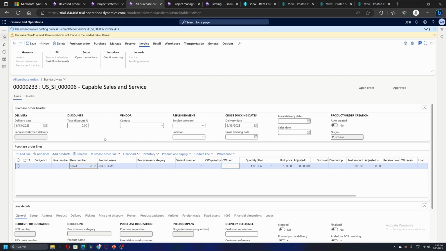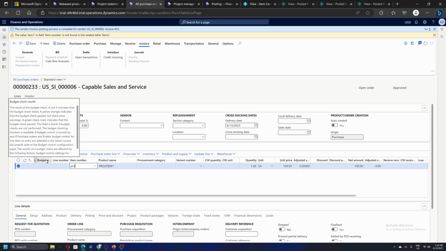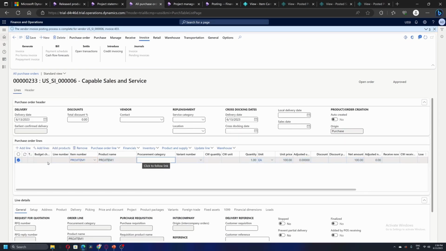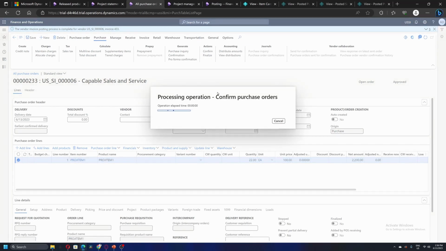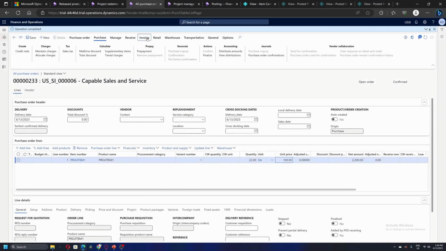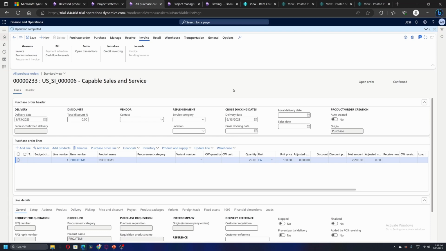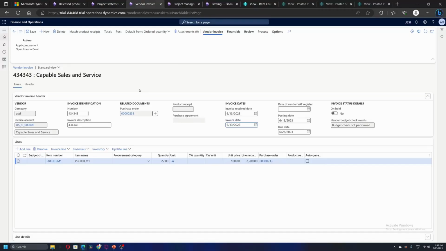Here I am going to take, let's say, 22 quantities of the same item, unit price is 100. Let's quickly confirm this purchase order. I am doing the receiving and invoicing in one step. So we are going to post this purchase invoice.